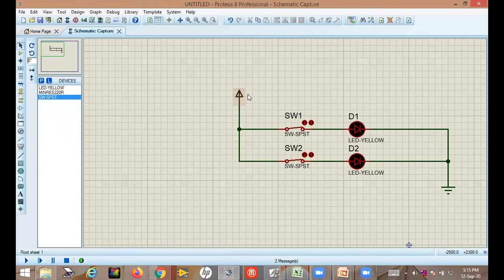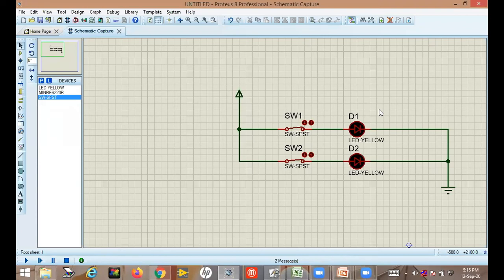If VCC is 5 volt, then the total 5 volt will appear across this LED. But this LED is very small and can tolerate a maximum of 3 volt. But in this circuit, how much voltage have we supplied? 5 volt.